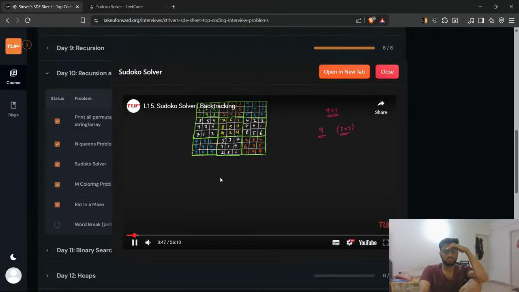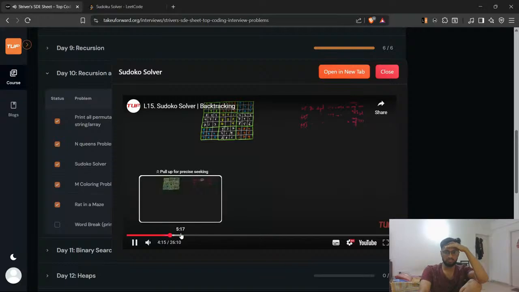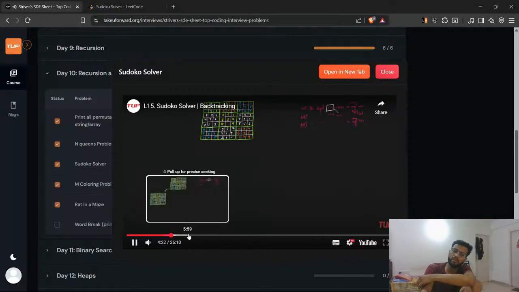Like you can see, this one is a 3x3. This orange one is a 3x3. This blue one is a 3x3. Every possible way, right? So since I know I have to fill digits 1 to 9, why don't I try out all possible